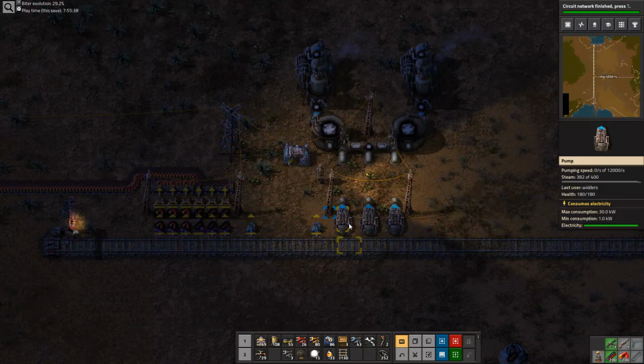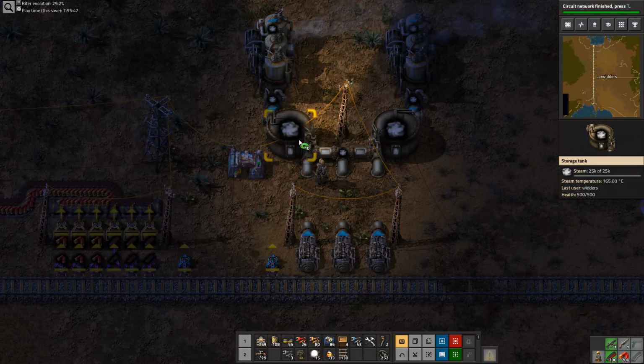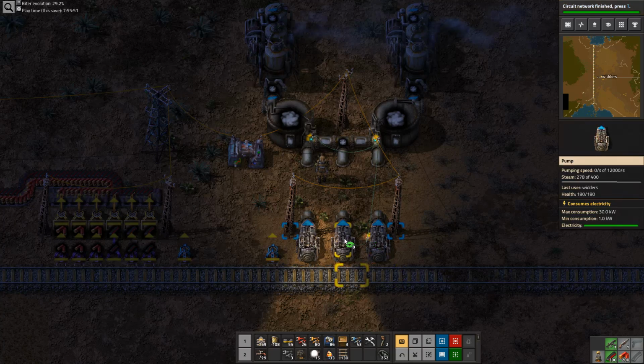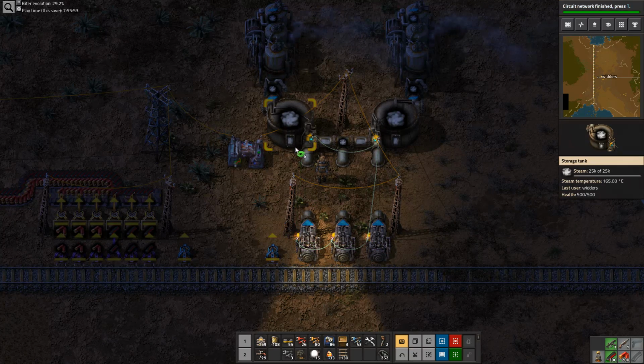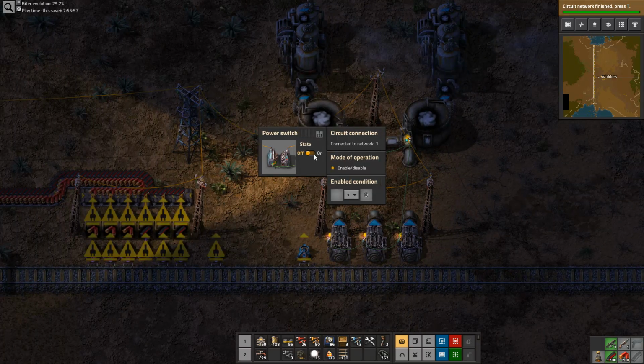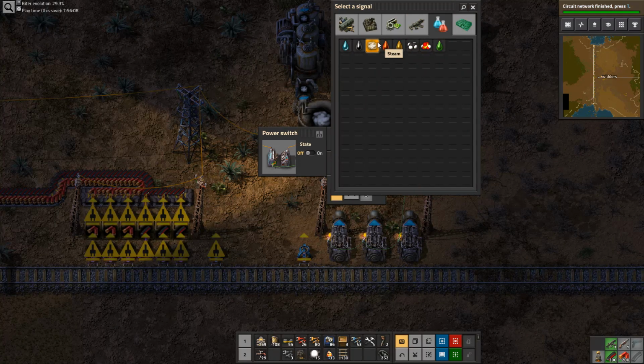Now what we want to do is a couple of things. If we want to link these two together, so we can read how much stuff we've got. We want to connect to these pumps as well, and we also want to connect to this power switch, which is then immediately turn itself off again. So if we have less than, say, 500 steam,